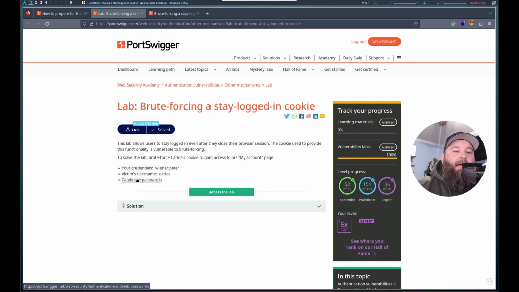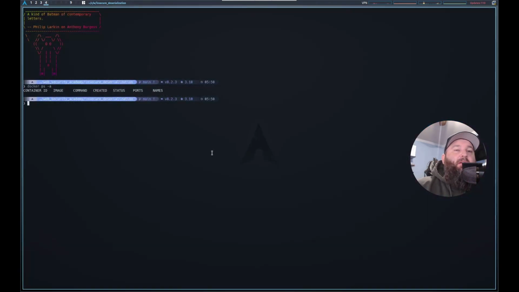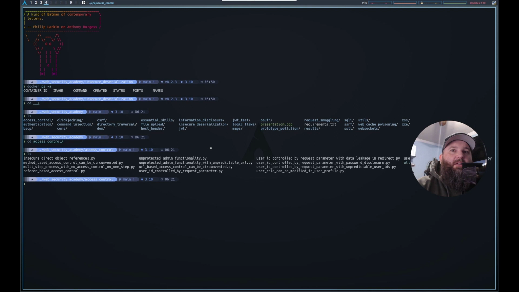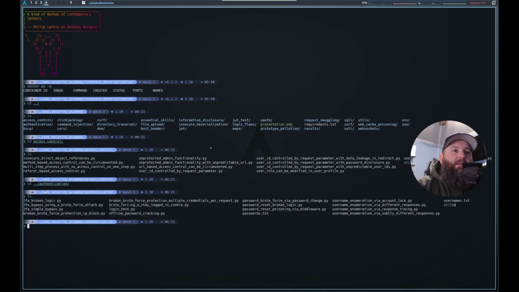Candidate passwords. I think we already have that downloaded for the access control lab. I don't see passwords listed there. Oh, it's probably in authentication. Authentication. Passwords right there. Now we need to brute force the login cookie, which we could do with